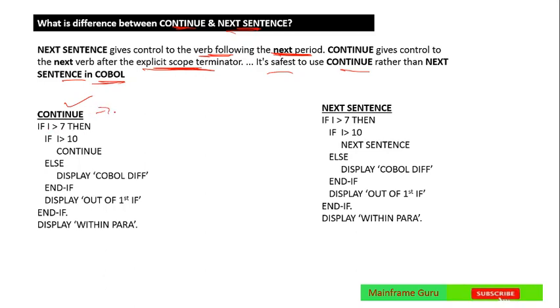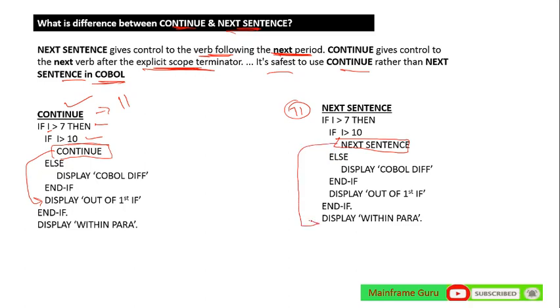For example, if you are using CONTINUE and you have given I variable as 11, what will happen? Here 11 is true, and it's also true, so it will go to CONTINUE. After that your control will go here. But in the case of NEXT SENTENCE, if you have given input 11, then your control goes out of this, to after the period, and it will display this.